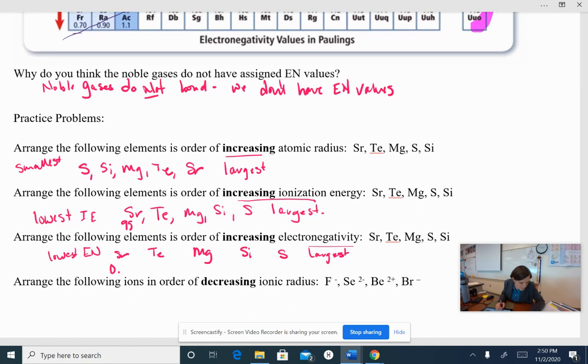Okay, so 0.95 here, tellurium 2.1, magnesium 1.31, silicon 1.90, and sulfur